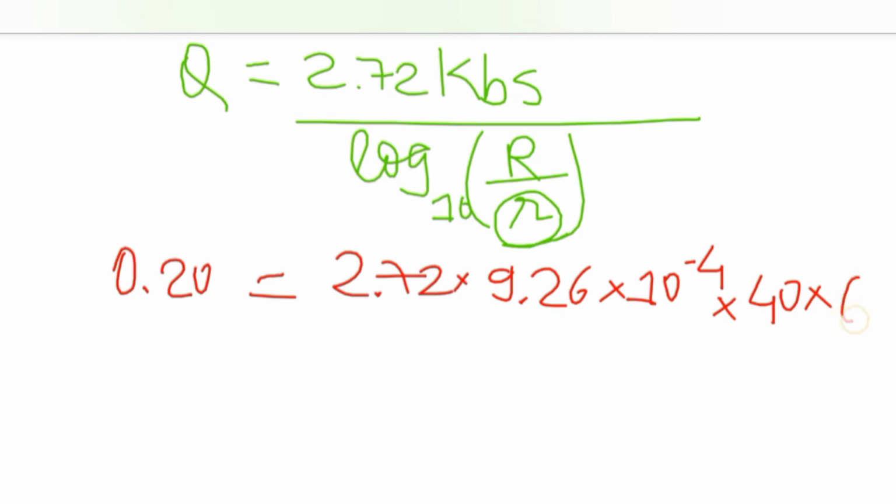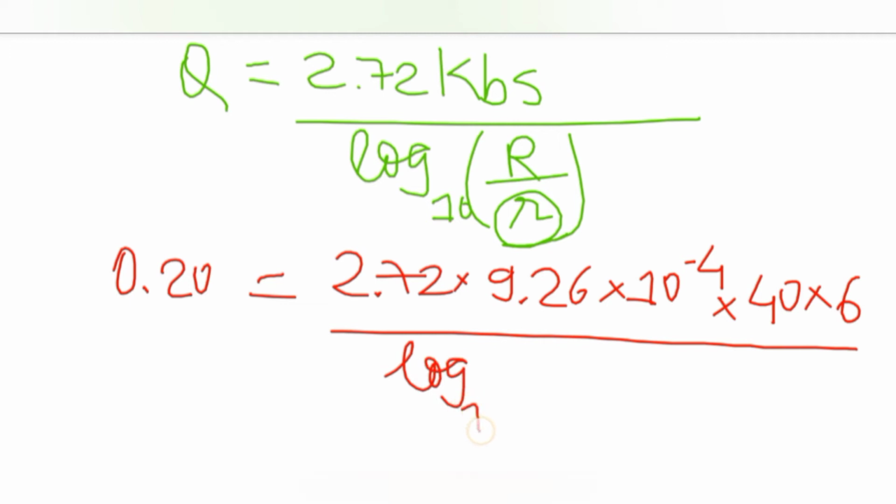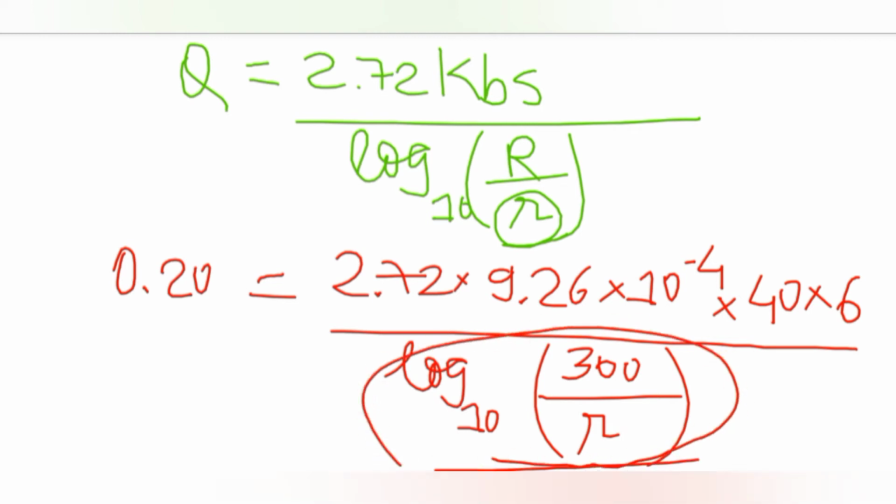Drawdown is 6 meter, divided by log capital R is 300 meter divided by R. Next, what you will do is bring this log 300 upon R to the base 10 here and find out 2.72 into 9.26 into 10 raised to minus 4 into 40 into 6 divided by 0.2. On solving we get